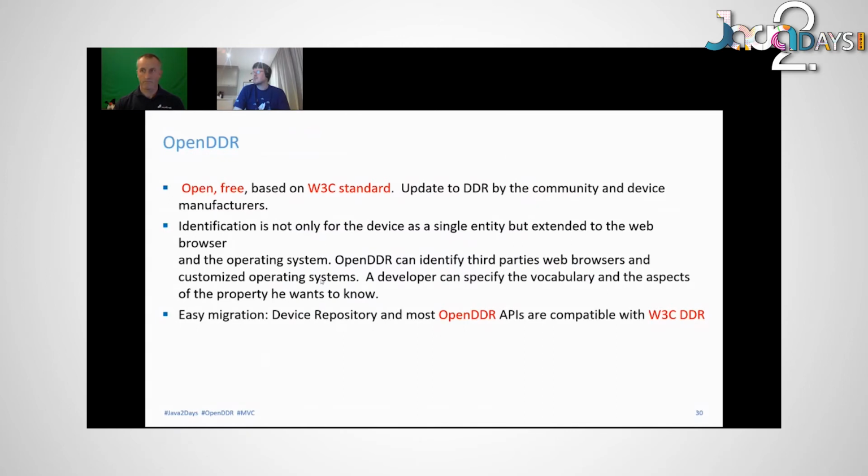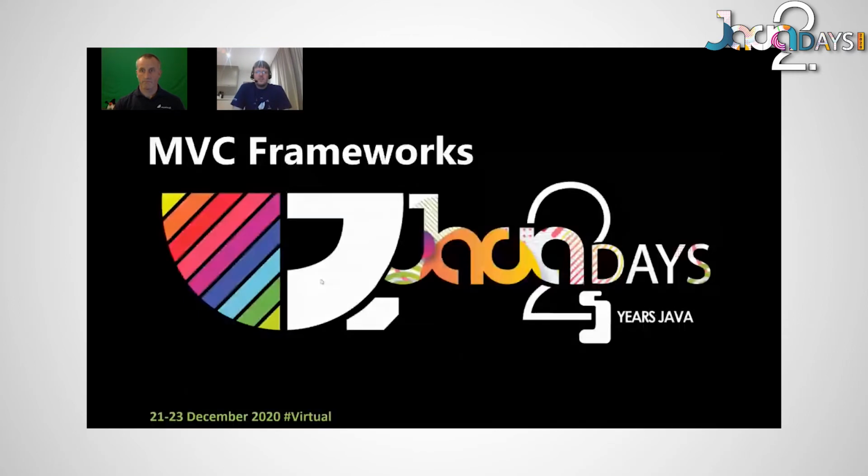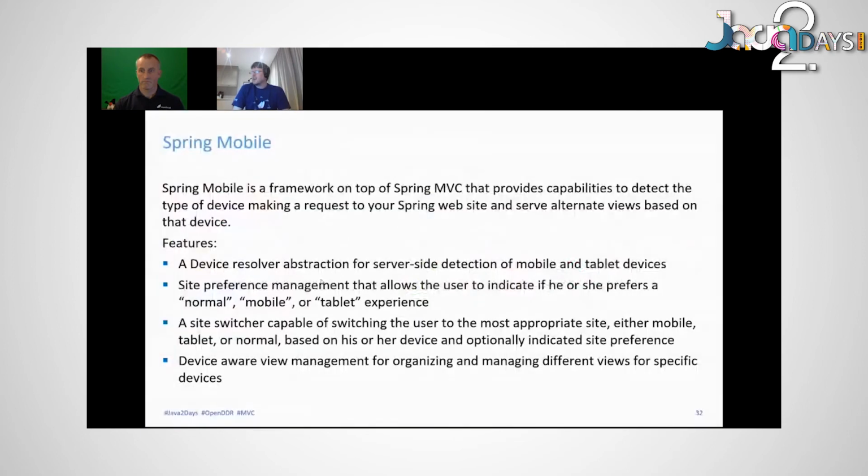So let's take a little look at the MVC frameworks. Spring Mobile has been around for quite a while, and it supports, on top of Spring MVC, a similar device detection, although in the most basic setup that I'm also going to show, it's more or less a parser for the user agent. So it doesn't need any external references, but you can also enrich it with an underlying